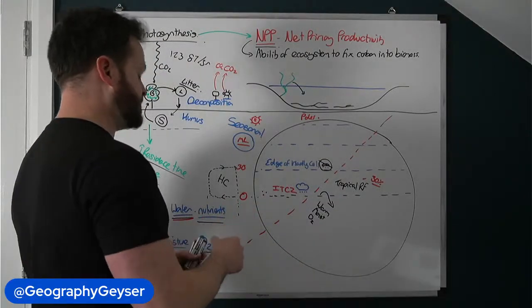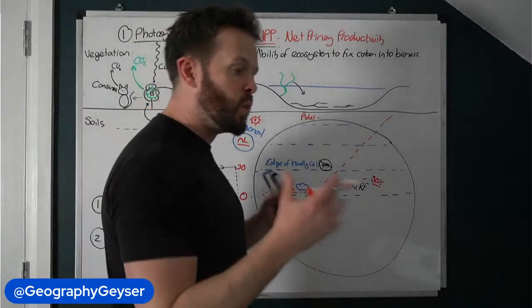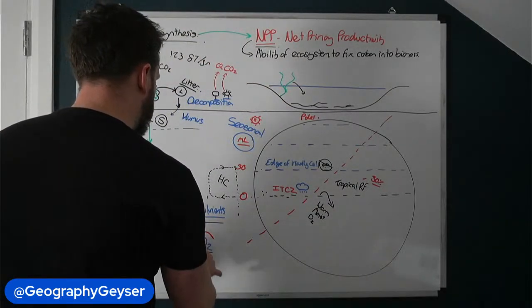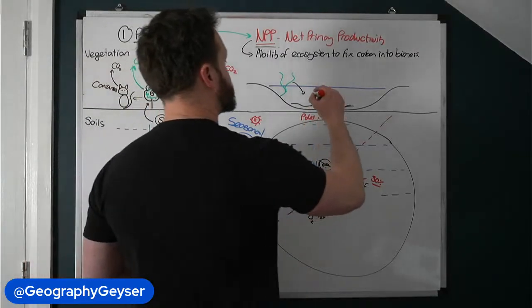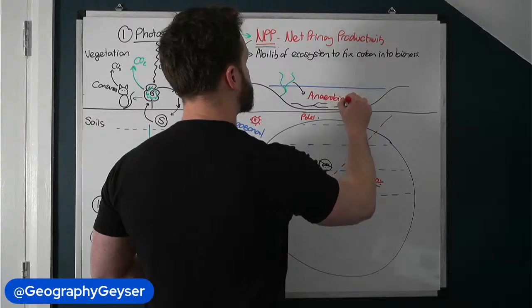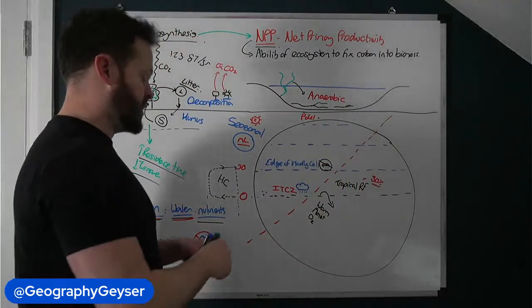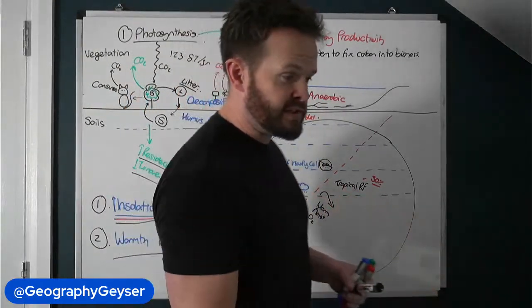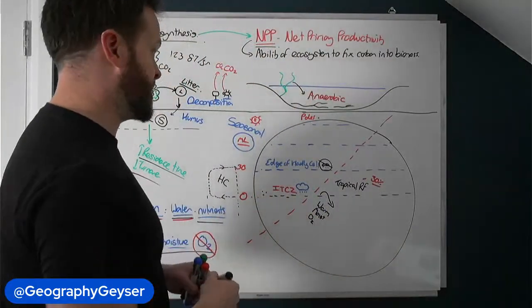And then there's something that we're missing. Decomposition will absolutely take place. But it will take place very slowly, because at the bottom of the wetland, we are suddenly now in anaerobic conditions, which means there's a lack of oxygen. So dead organic matter will be added to this ecosystem at a faster rate than decomposition can take place.